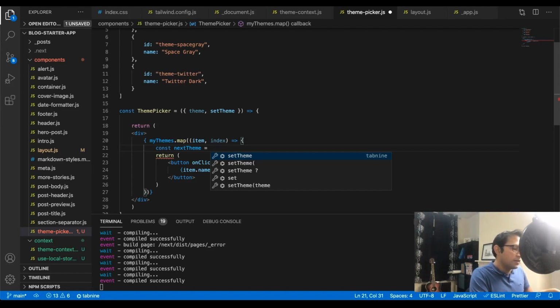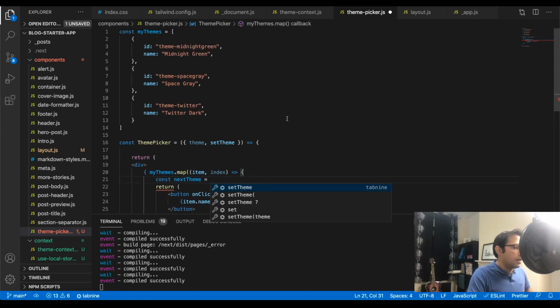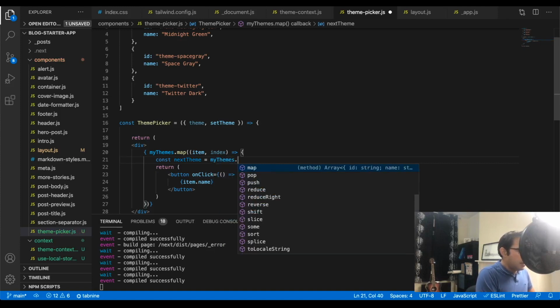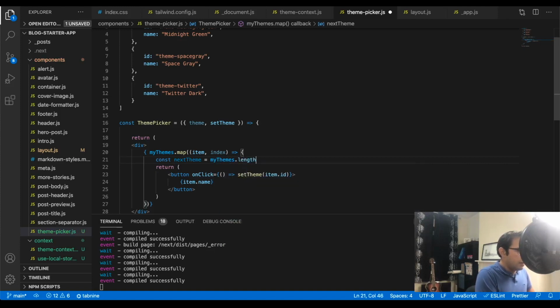So we need to check first if we are at the end of the array. To do that, we're just doing my themes dot length minus 1. So if we are at the last index,